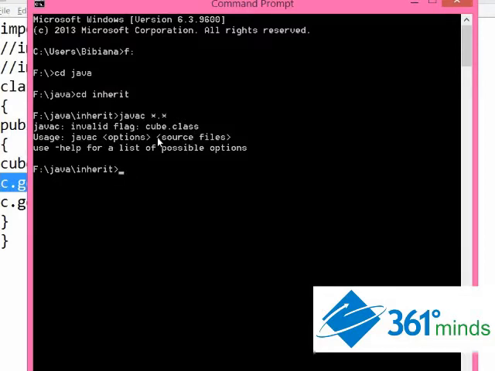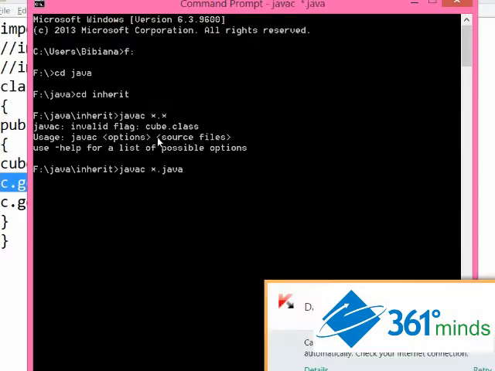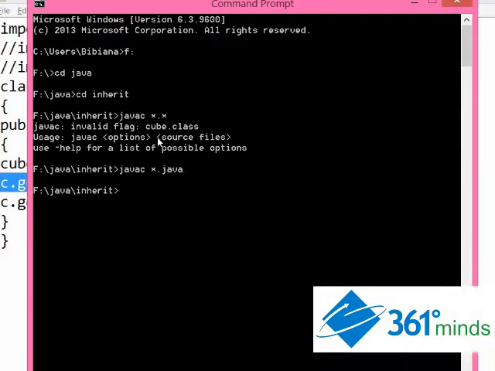Therefore, because a class file cannot be compiled, it gives just this particular option. Or in other words, if I just type javac star.java, I'll get the answer. Now, I'll go out of this folder and compile the M2 program that we just saw,